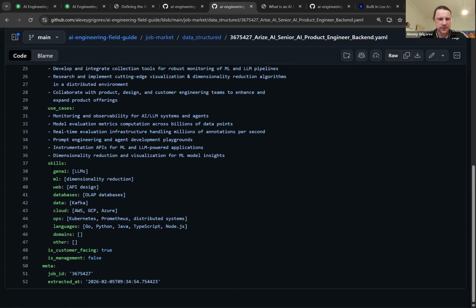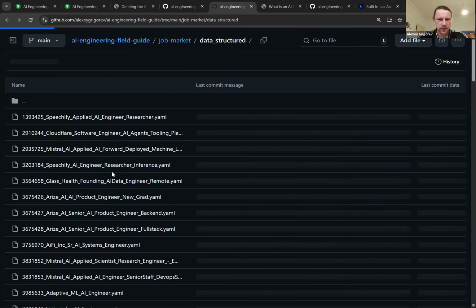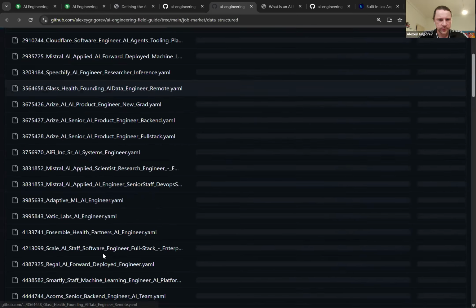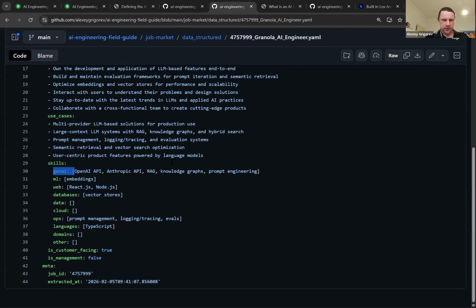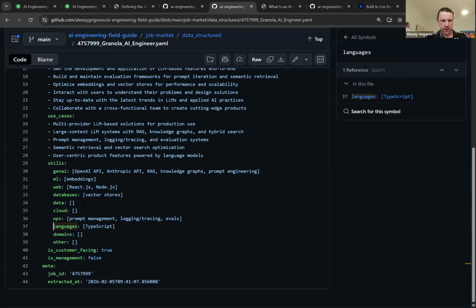So here, if we look at the skills, maybe I open a different one, right? And then we have the skills, right? Yeah, that's again not a great one. Okay, so this is a proper AI engineer, at least I think. You see, we have these Gen AI roles, but also some other roles, right? So we have ML skills, Gen AI skills, but also machine learning skills, web skills, database skills, operational skills, languages, right? Although I would say this is very, very focused on AI, except they use JavaScript or TypeScript, not Python.